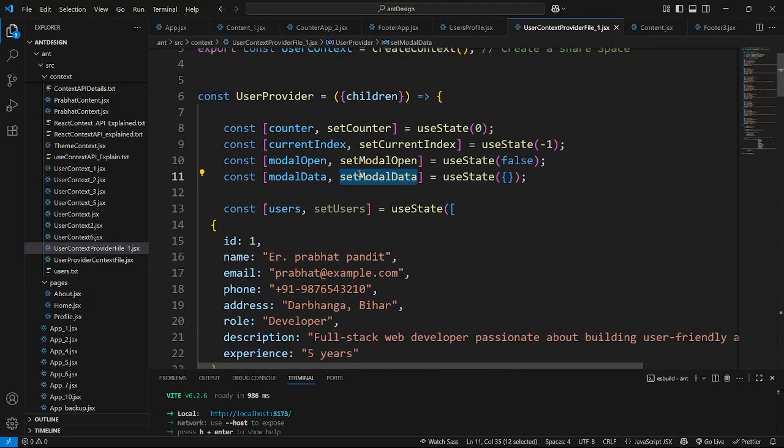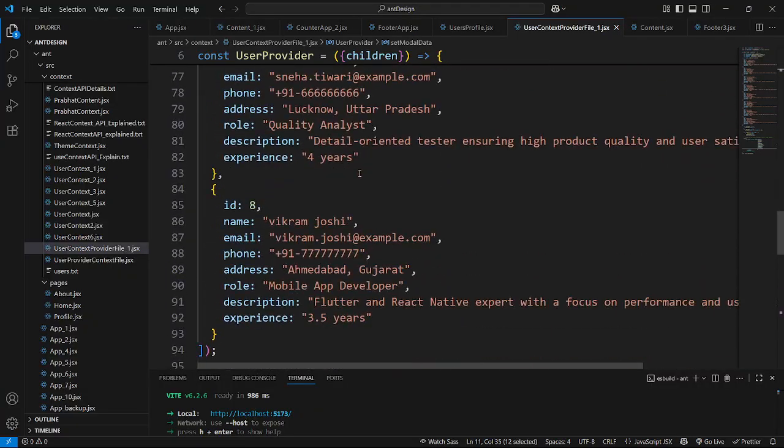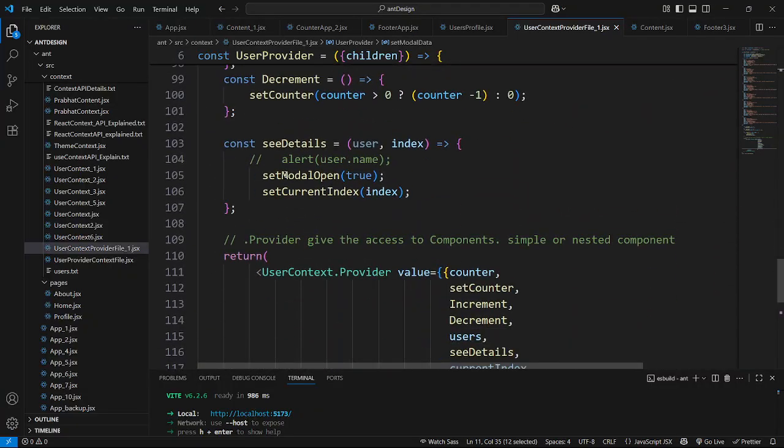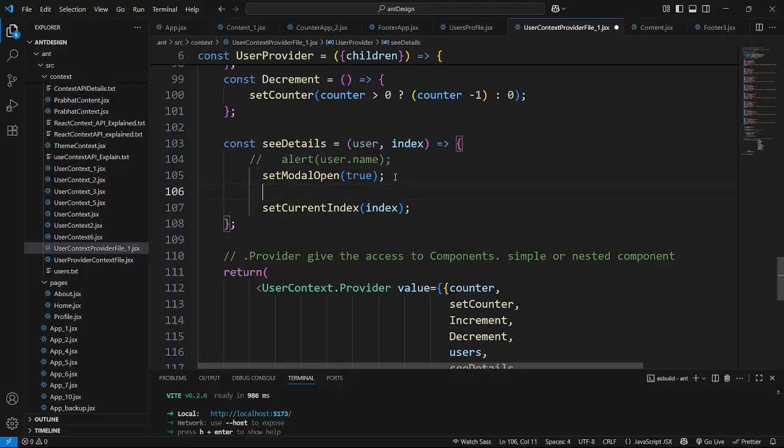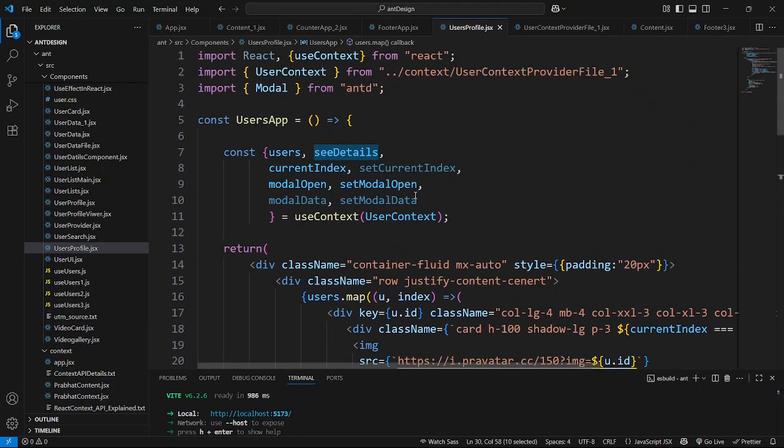Copy this set modal, and now what we will do here, we will just pass this entire user object. So now just pass this entire user object, and now come here, and copy this modal data